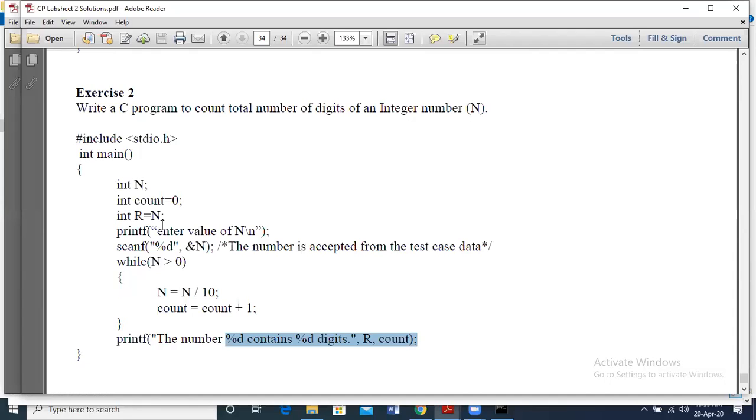In the next class, we will discuss arrays. This completes module 2, and in the next class we will start with module 3. Please go through these 2 exercises. Read exercise 1 and 2 and the solution also. Execute these programs. Anytime you get any doubt you can ask.